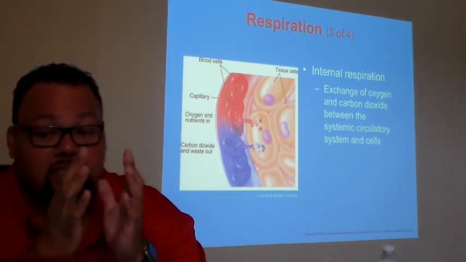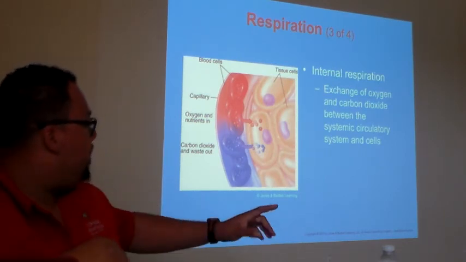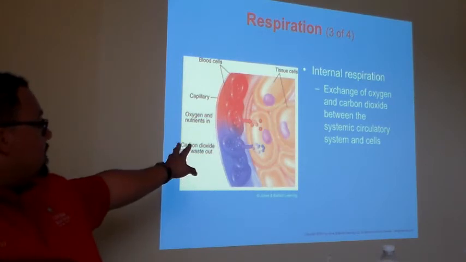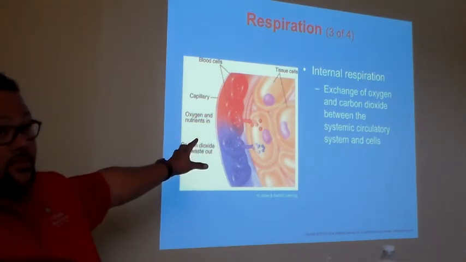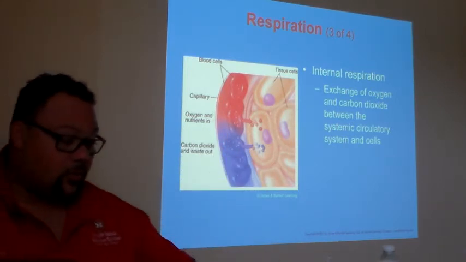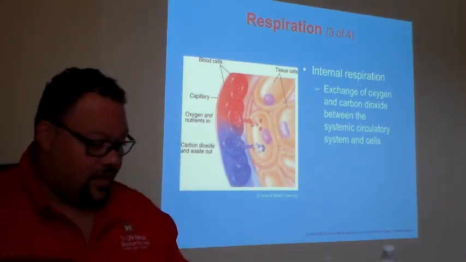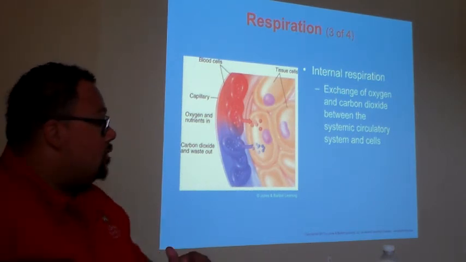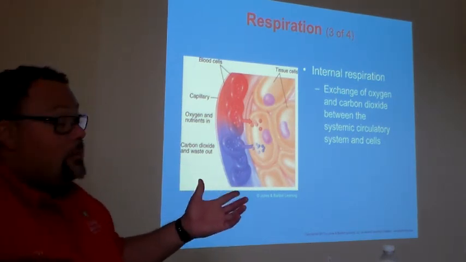But this is the systemic circulation. As you see there, carbon dioxide moves out, oxygen moves in. But if you notice, it's not all of it. It's just a little bit at a time. It's just what that cell needs, because based on what's going on in your body, in order to maintain, keyword, one of the Pee Wee Playhouse words that makes you yell, homeostasis,